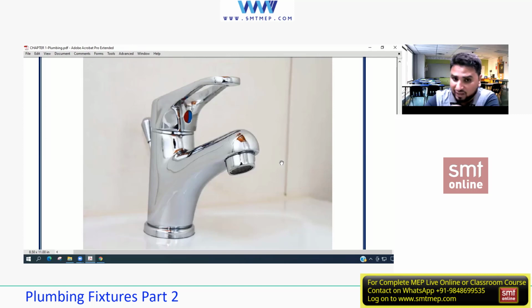And this angle valve, same. The valve which is installed over here will be installed below the laboratory basins also. And what is the reason behind installing below the basin? Because if the faucet or fitting is very expensive and it does not have an angle valve, I will install one angle valve below the basin.